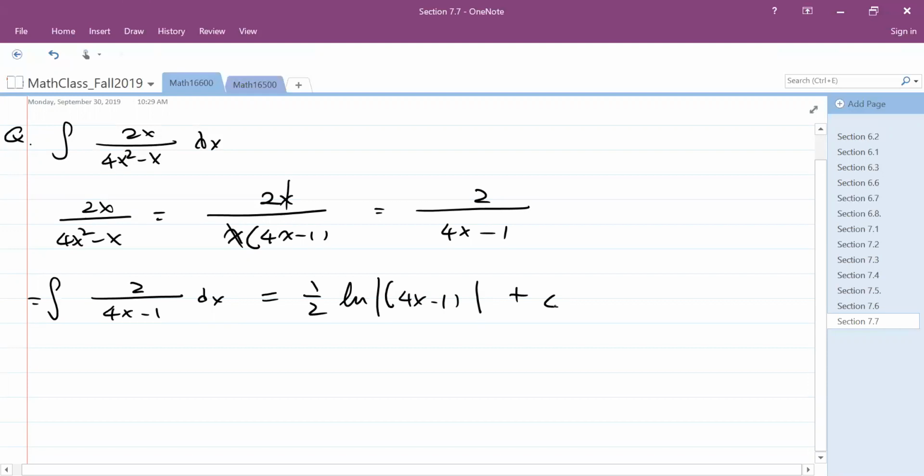Or you can use a substitution, but you double check what constant you put in front of the natural log. When you differentiate 4x minus 1, you get 4. But there's only 2 there. So this is a problem. Okay. The next one